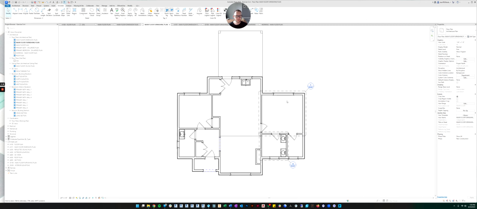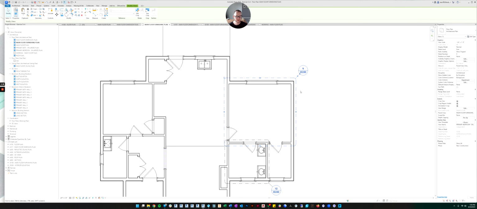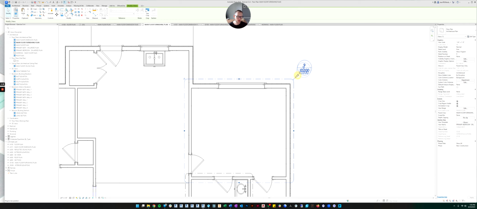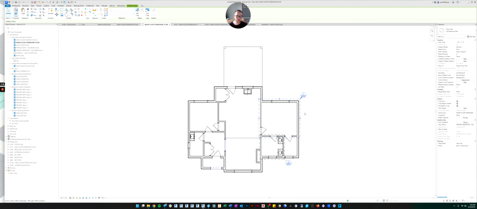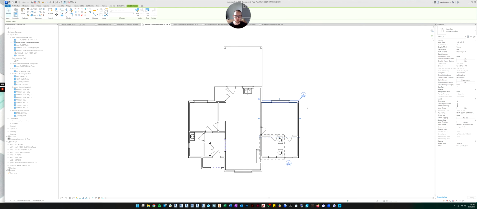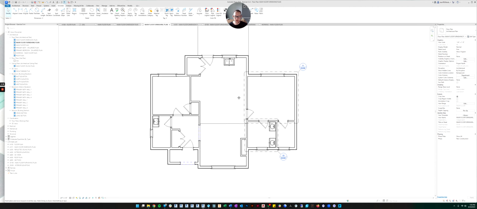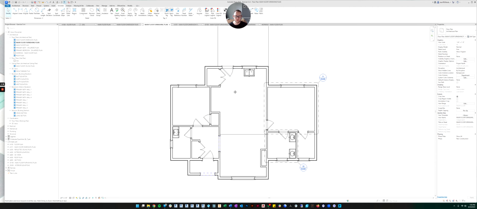Okay, now the other thing you want to make sure you're showing in here is the call outs for the enlarged plans. If you're not showing that, if you accidentally created your call outs in a different floor plan, you need to actually delete the call outs, which will also delete your enlarged floor plan. It will delete both things, the view and the tag. And then you need to go back to your furnishings plan and make new call outs. So I'm going to have you do that for this exercise.